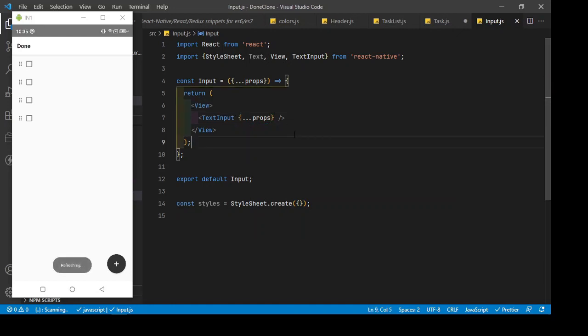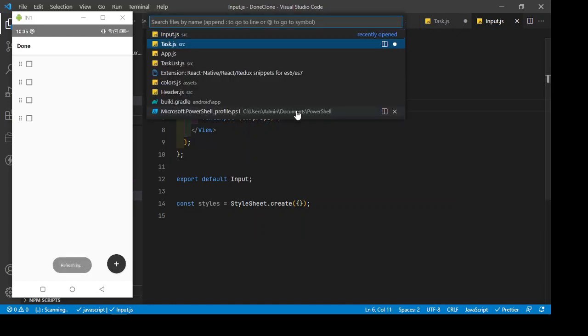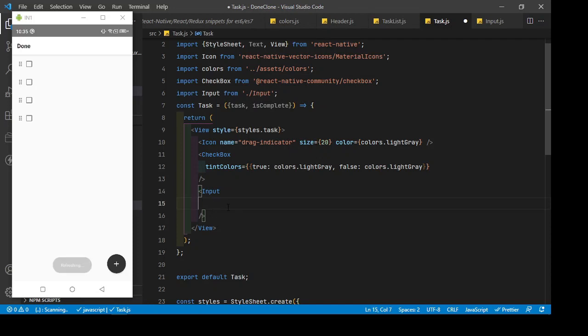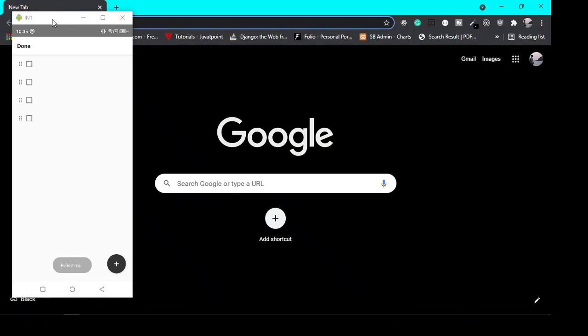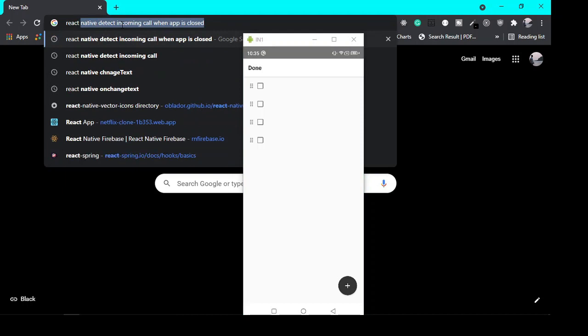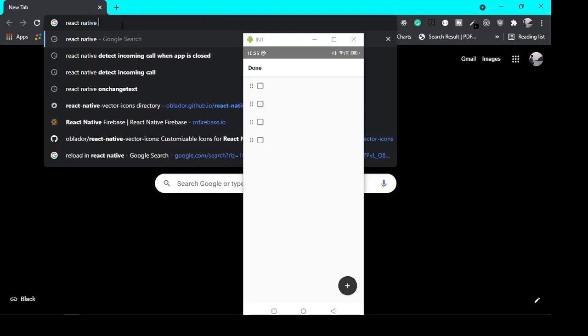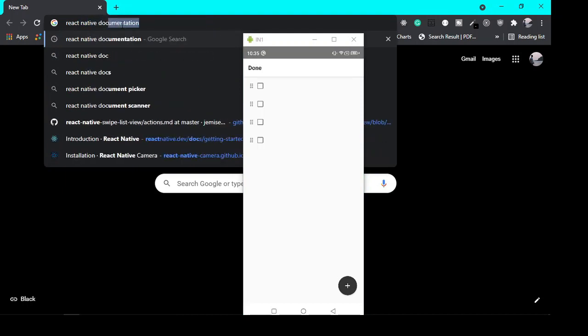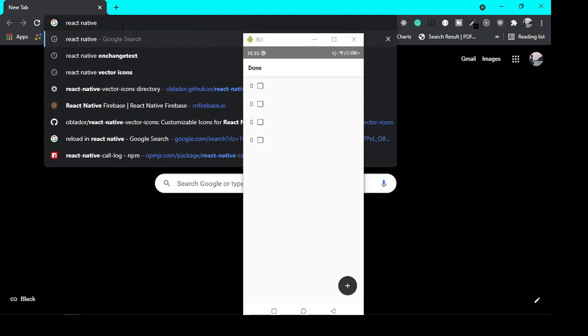Okay, so these are my props. So I can access here as value. So if we go to, wait a minute, documentation, React native document, sorry, in text input,